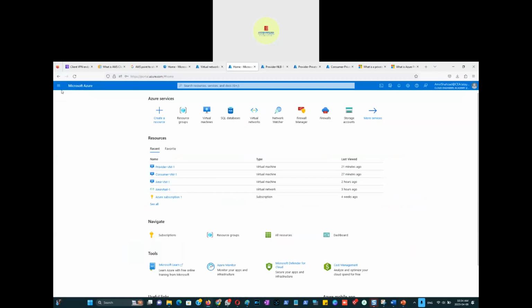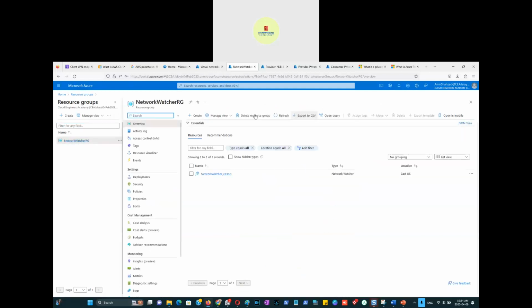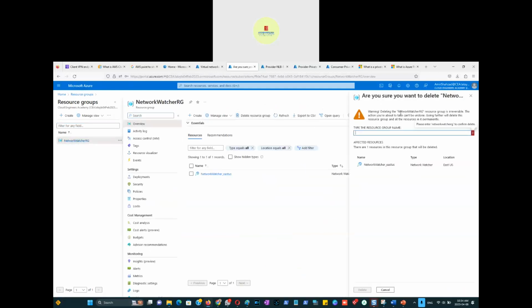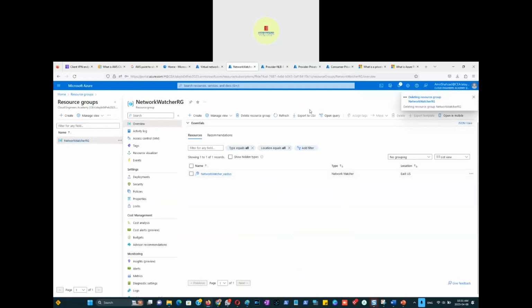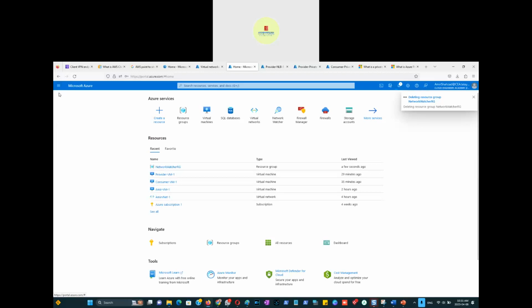Now, for Network Watcher, if I go to the resource groups here in Azure, Network Watcher is already there. I'm just going to delete that to show it again, because how it gets created is also something that we need to know. So it's getting deleted, but what I'm going to do is try to create a virtual